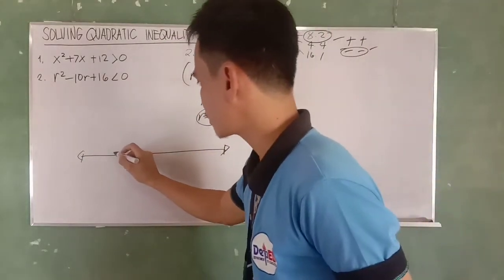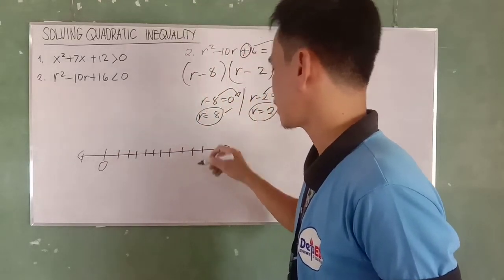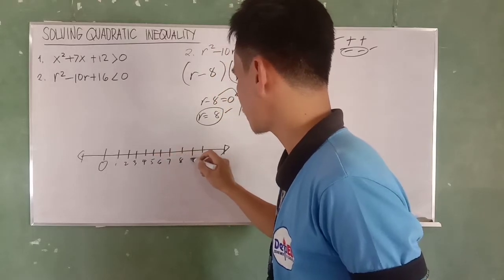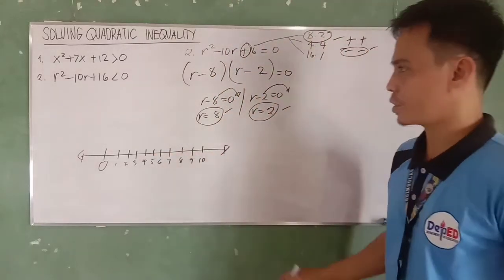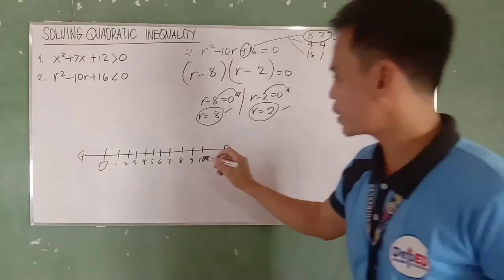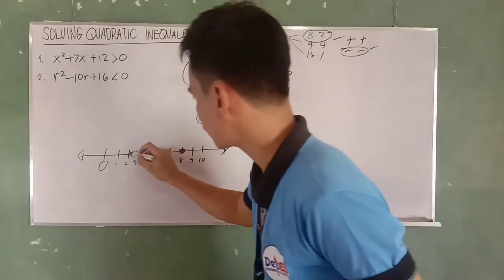So, this is 1, 2, 3, 4, 5, 6, 7, 8, 9, 10. Okay, so looking back at our original given inequality, r is 8 will be in this place and r is 2 will be